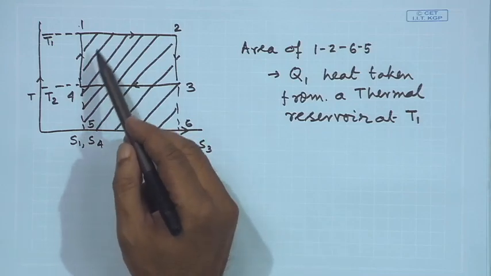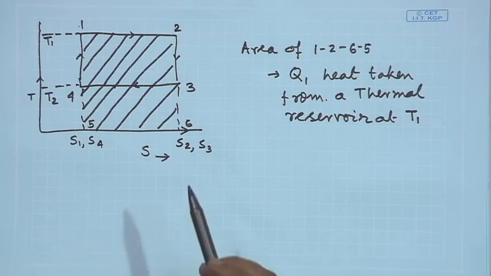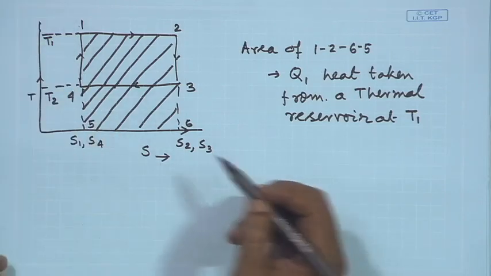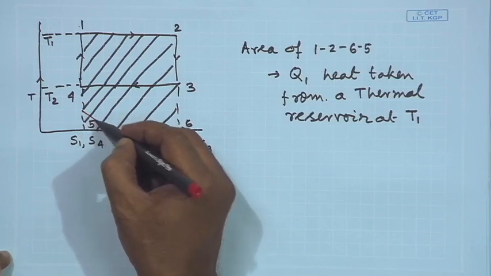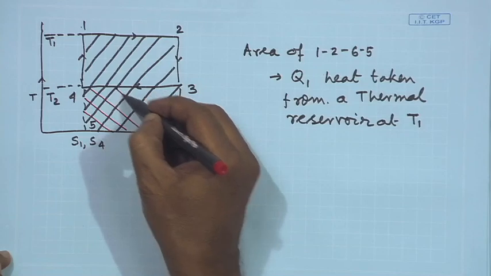This shaded area represents the heat taken by the cycle from a high temperature reservoir. Heat which is rejected by the cycle to a low temperature reservoir at temperature T 2